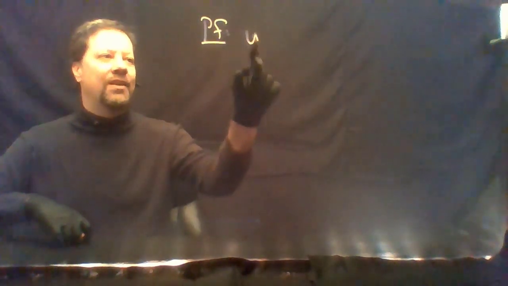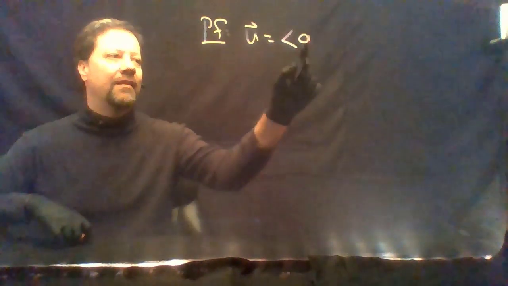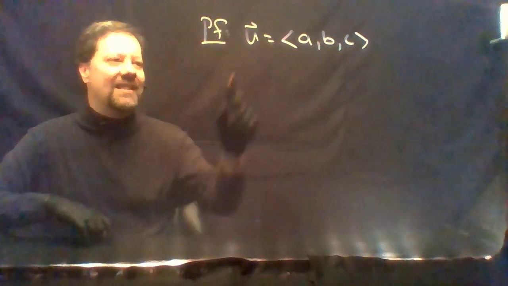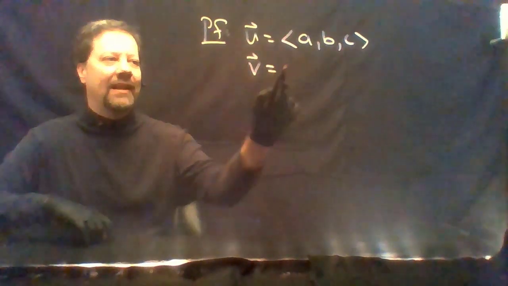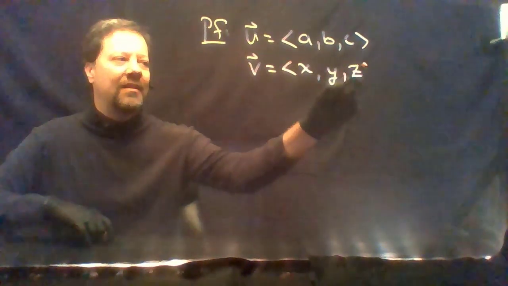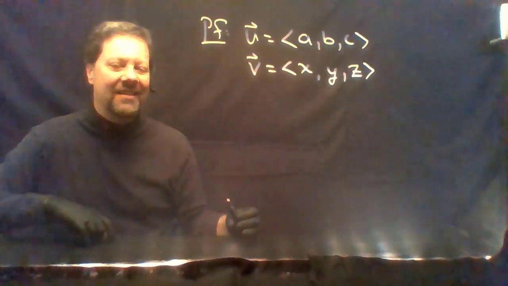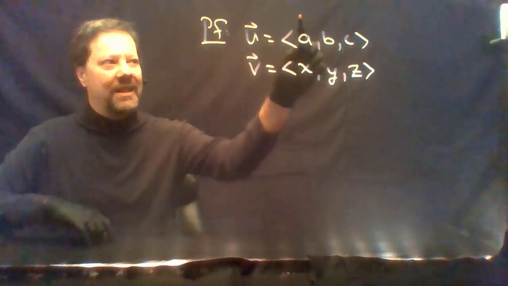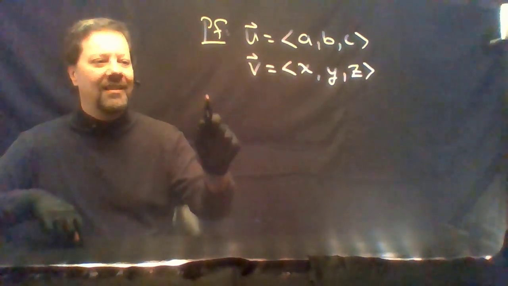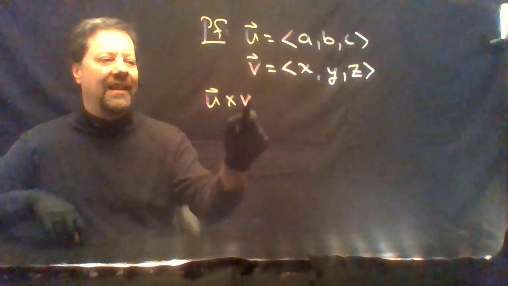Let's get to the proof. Let u be the vector ABC. Now I'm going to stack vectors when I calculate this cross product, because then I don't even need to write the determinant. You can pretend there's an i, j, and k above. u cross v